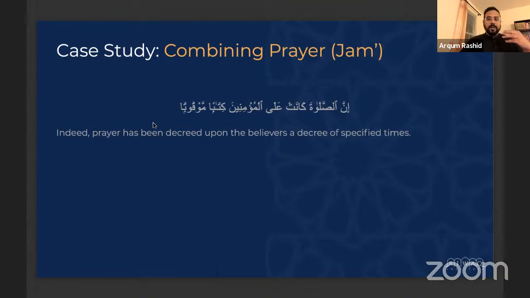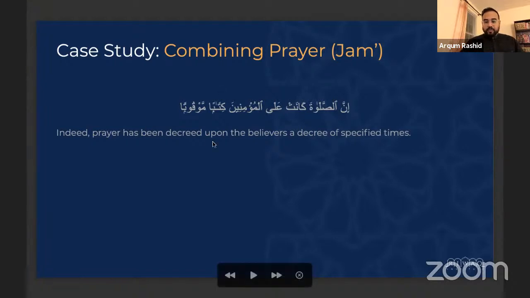Or to make the question even more precise, what do you think the outcomes will be based on the Hanafi principle, number one, and number two, based on the Shafi'i principles that we did? So let me repeat that question again. We have this ayah, right? This tells us that prayer has very specific times. The second